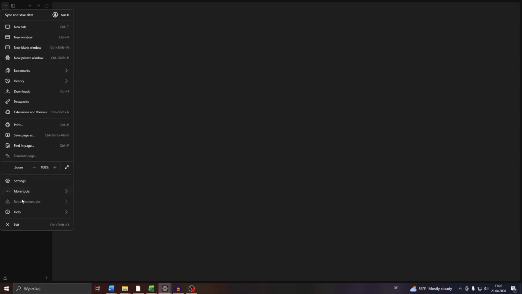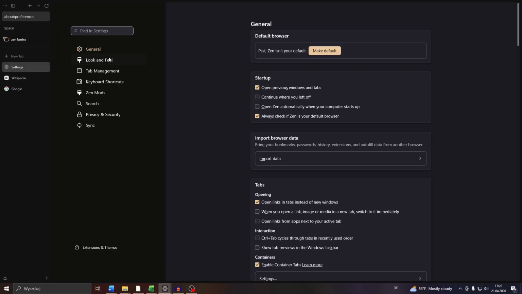So let's assume, for instance, here in the Zen browser you have several tabs open here, and now you accidentally closed the Zen browser and you would like to continue where you left off in your last session in the given tab and restore it. For this, you will need to access your browser settings by clicking into these three dots here in the top right, select Settings here, and in your browser settings, navigate to General, and here just below the Startup section, you